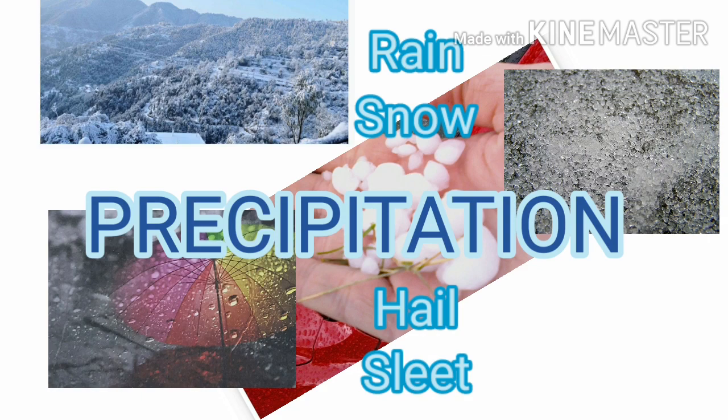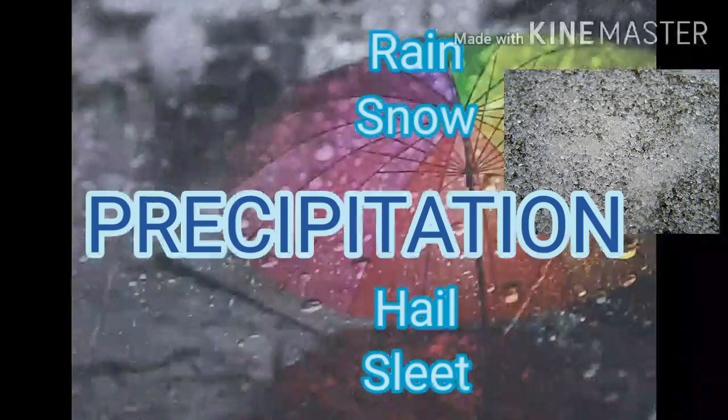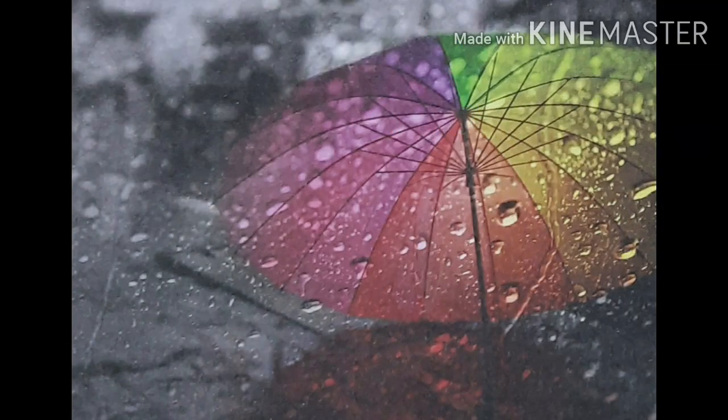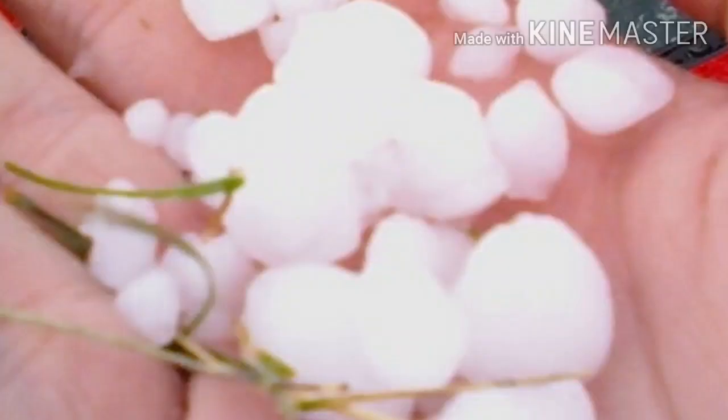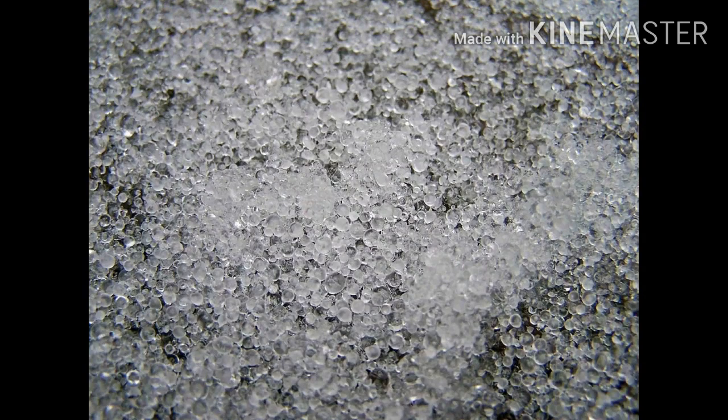Precipitation includes rain, which is the common form of precipitation, snow, which occurs in the higher altitudes and higher latitudes, and hail and sleet, which occur in particular conditions when moist air ascends rapidly to the colder higher layers of the atmosphere. The water droplets will freeze into ice pellets. They are hailstones, or hail. Sometimes a mixture of rain and snow takes place, which is named sleet.